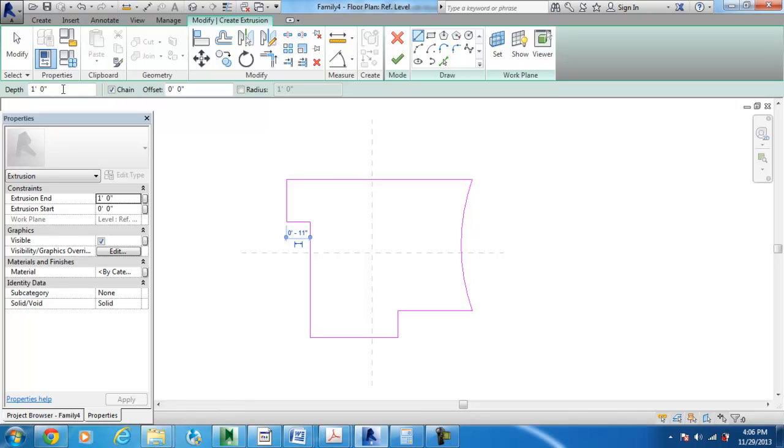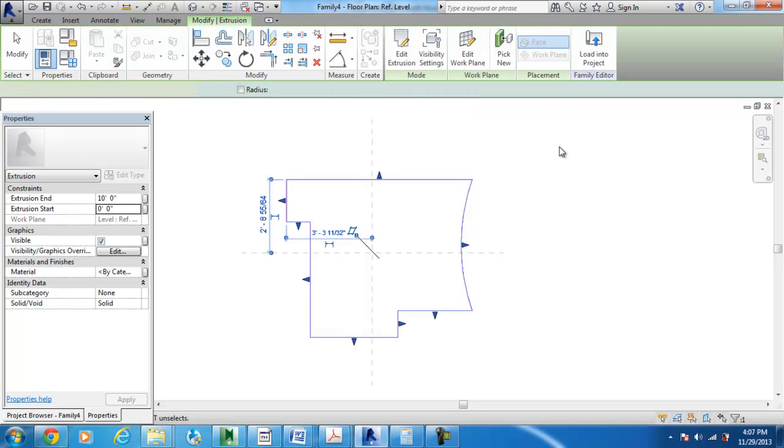and then in the options bar I can specify the depth of extrusion, or I can go to the properties palette and give the extrusion end parameter as the height of extrusion from the base. I can lift the base by giving a different value or keep it at 0. Here the extrusion height is 10 feet right now. The moment I apply and finish the mass,